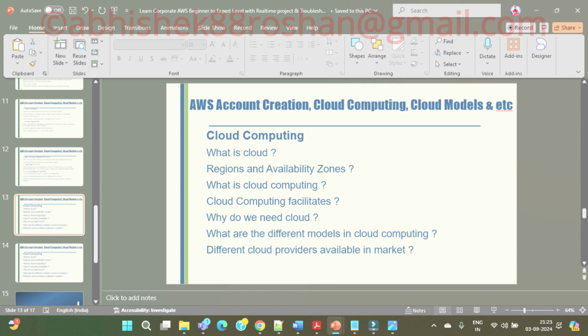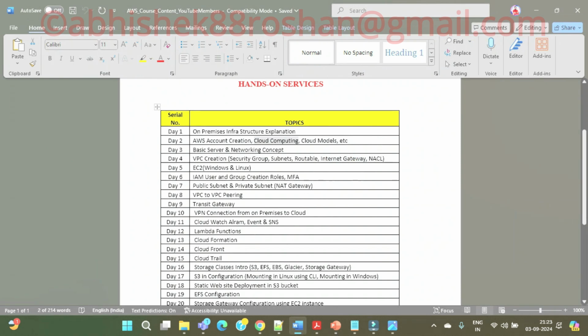These are the theoretical part. It seems very basic and you are already familiar, but I'll explain once again what is cloud computing and what it facilitates. Why do we need cloud? What are the different models of cloud computing? What are the different cloud providers available in the market? These will come under cloud models.